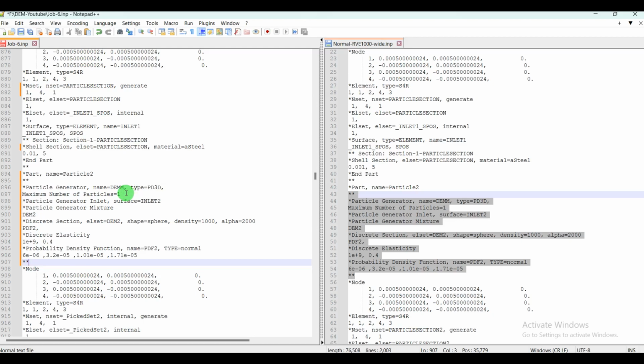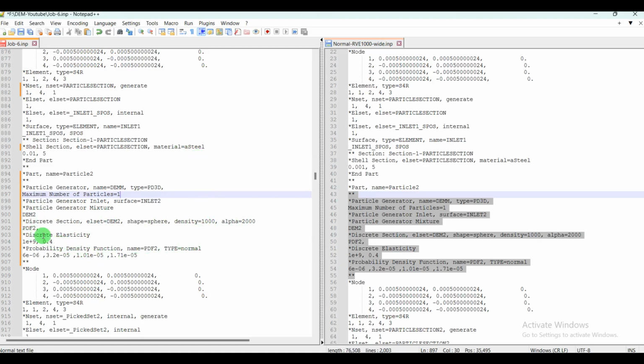You can write what you want. Okay, maximum number of particles for inlet 2, I just use one particle. You can add more. And the name of the particle generating inlet is inlet 2 and DEM2, and the density and alpha are different from